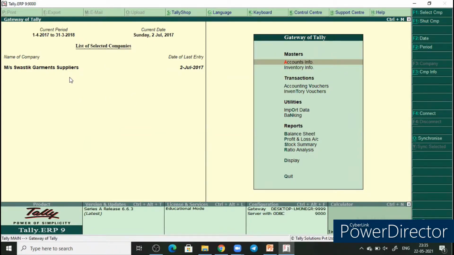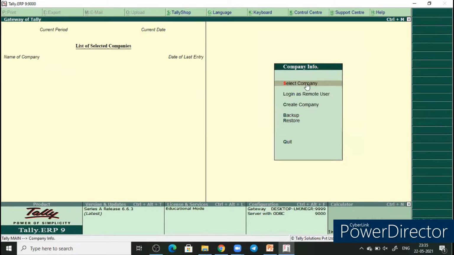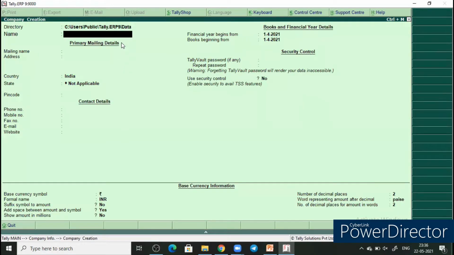It is showing the name of a company here because I have already used it for another practical. To remove this company name from here and to create a new company, just click on the Shut Company option. As soon as you click on the Shut Company, you can see the company name is not here. It has been removed. Now to create the new company, we have to just click on the Create Company option